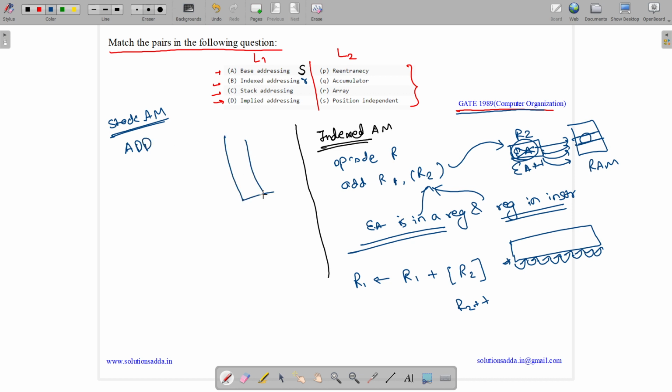Here we will have a stack, and the stack will have contents, let us suppose 10, 20, 30. So it's a zero address instruction. We just give the opcode, no operand is given. Add means we will go to the stack, pop the first two items, 20 and 30, and add them. So 20 plus 30 equals 50, and then we will push 50 onto the stack, which means we perform the operation on the stack.